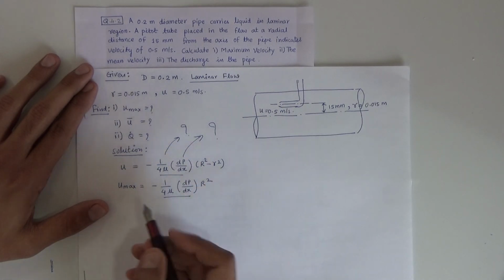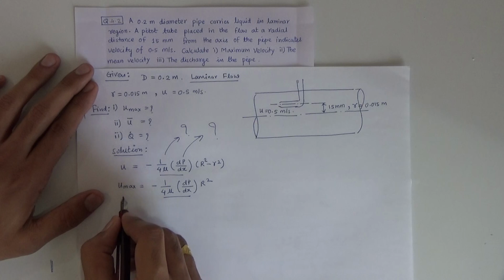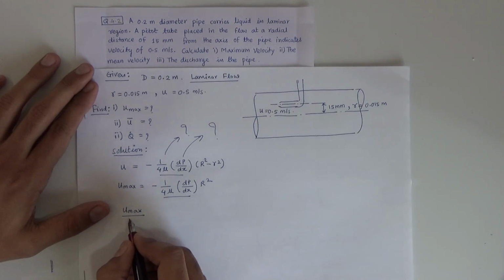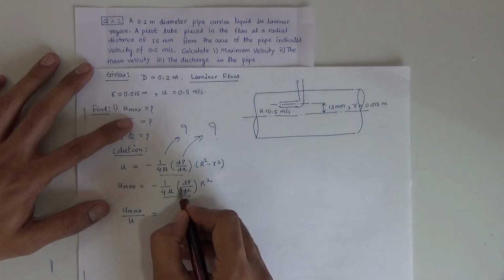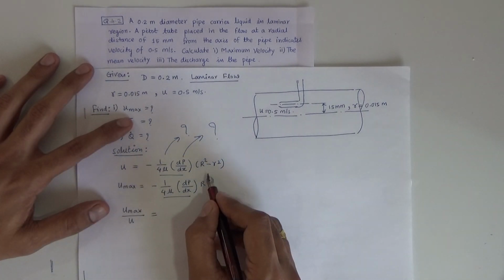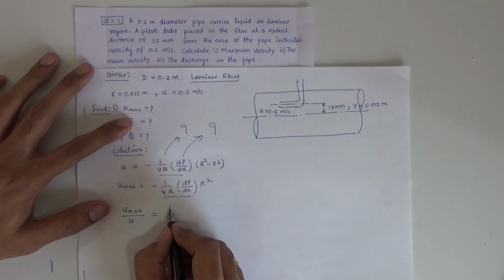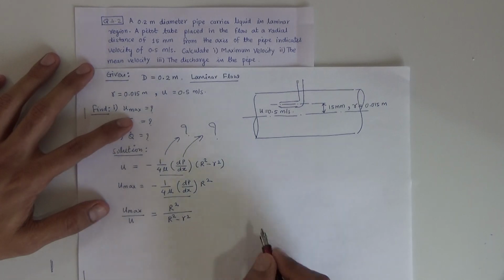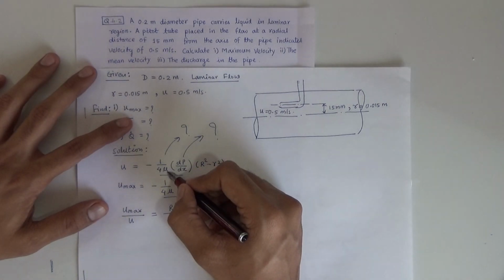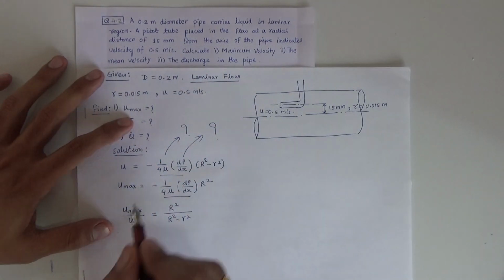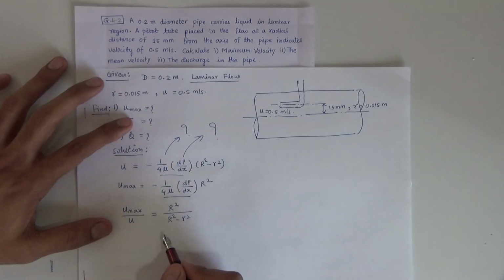So if I take the ratio, as I want to find u max, I will take u max in the numerator, and I take u max by u. So this quantity and this quantity will be completely cancelled, minus minus will be cancelled, so it will be R square upon R square minus r square. It is the simplest way to solve this problem. Even if mu is given in the numerical, we'll still use this method because it is the simplest method. Unnecessary computation is avoided.